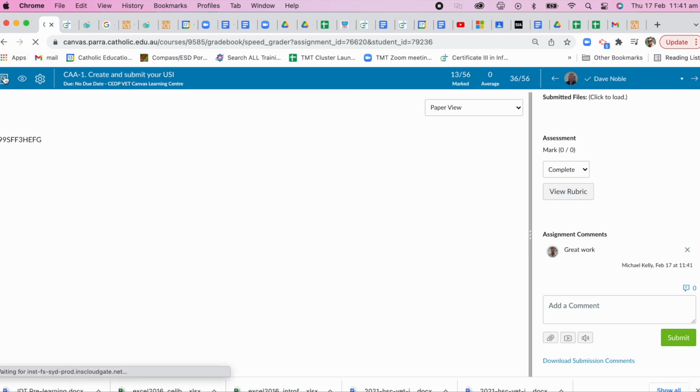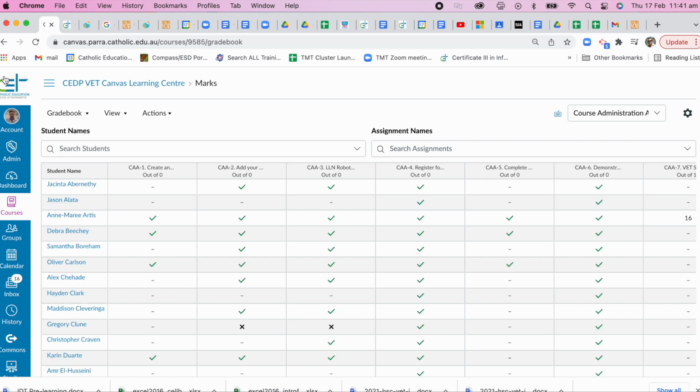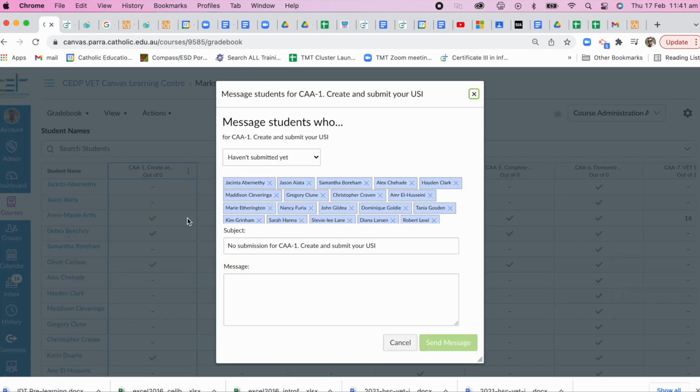I'm just going to jump back to the mark book now and show you a couple of other quick things that you can do. Rather than emailing all your students individually, we can go to the three dots on the side, and we can message the students who haven't submitted yet. We could just write them a quick message to say, hey, I've just noticed you haven't done this task. It's a requirement of the course. Could you please complete ASAP? So that will go out and send that message. I'm not going to do that specifically here because the people who haven't submitted in this course, who are teachers,